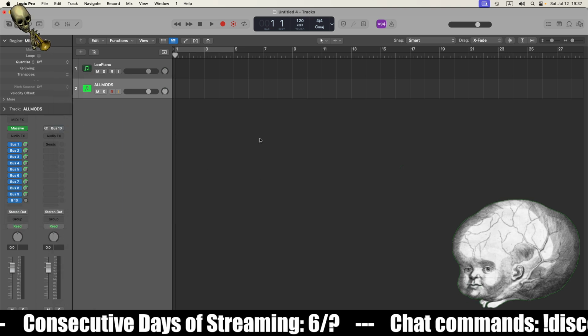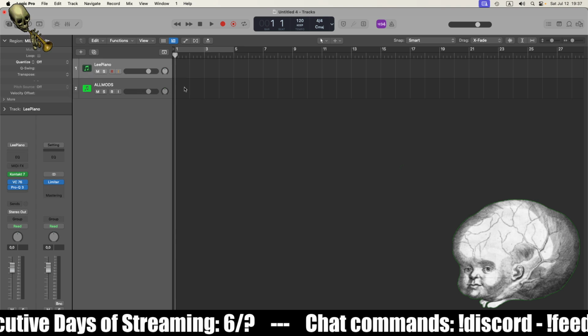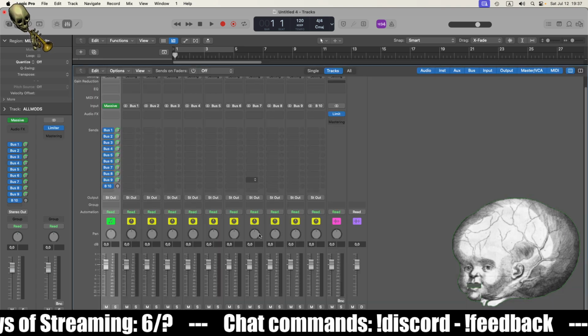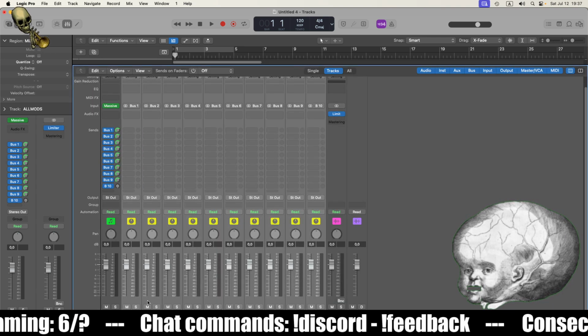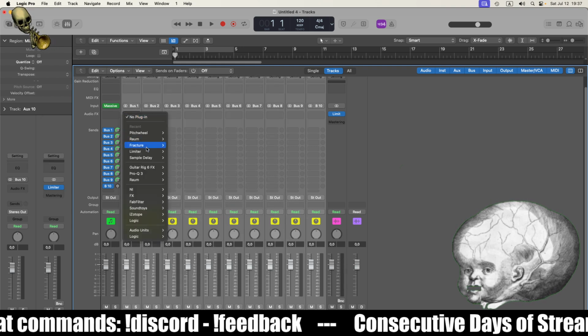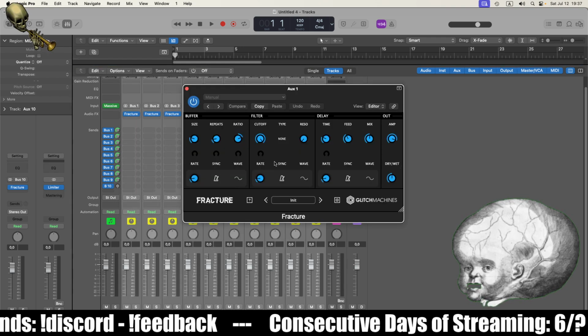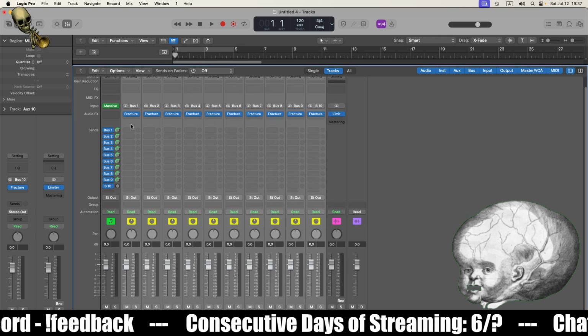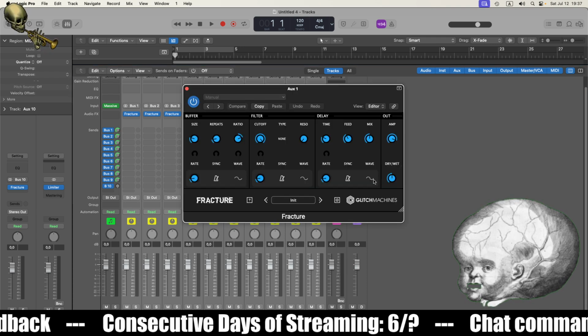Okay. Remove that. Now we're going to activate all those tracks, create track, and then we're also going to add a fracture in each of those. And now go through every instance and